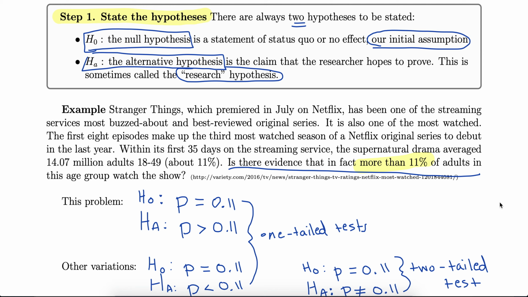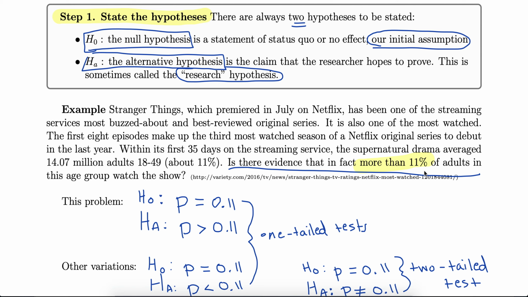So in the last video we set the groundwork for the first couple of steps of hypothesis testing. Remember to get really comfortable with these steps, as we're going to do them in several different contexts. Right now we're working in the context of testing a research question about one proportion. So the example we were working on had the research question, is there evidence that more than 11% of